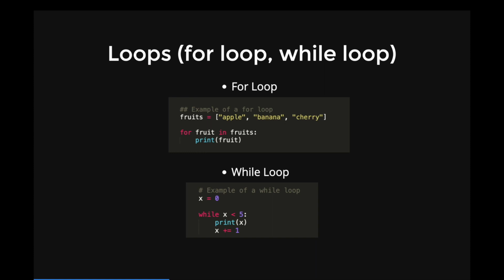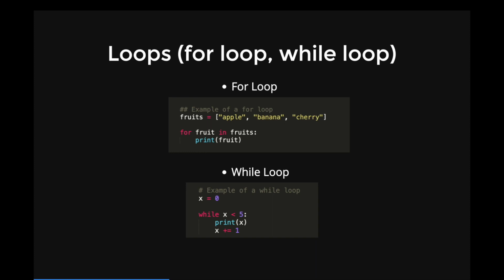Loops allow you to repeat a block of code multiple times. Python supports two main types of loops, for loops and while loops. For loop. A for loop is used to iterate over a sequence such as a list, tuple, or string, or